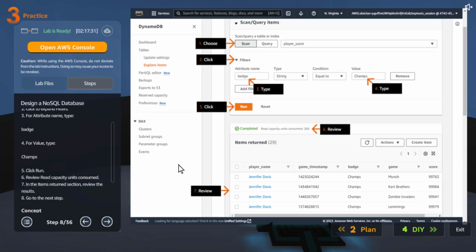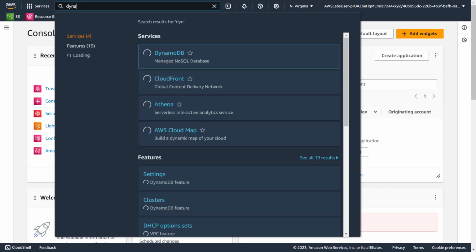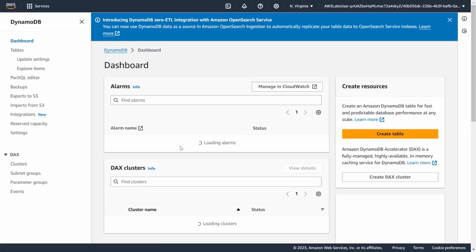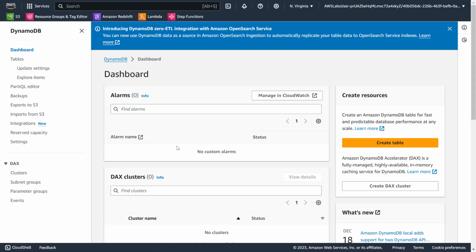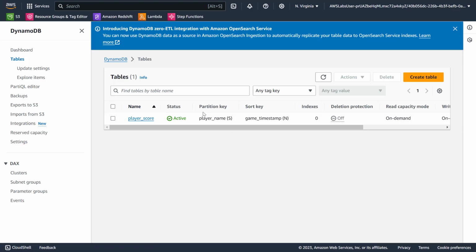So before we forget that, let's go and pick DynamoDB and finish the first thing that they are telling us to do. So here they don't have it. DynamoDB. Tables. Okay, we have the player score table. Actually, they already created it here.